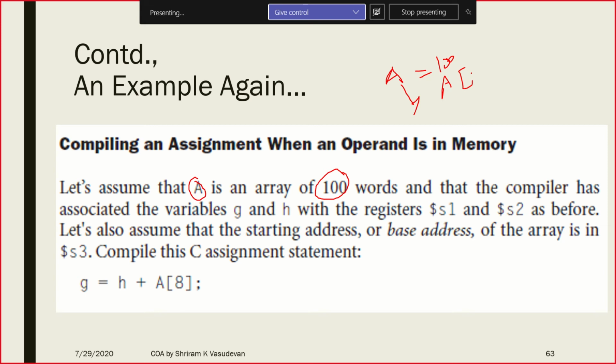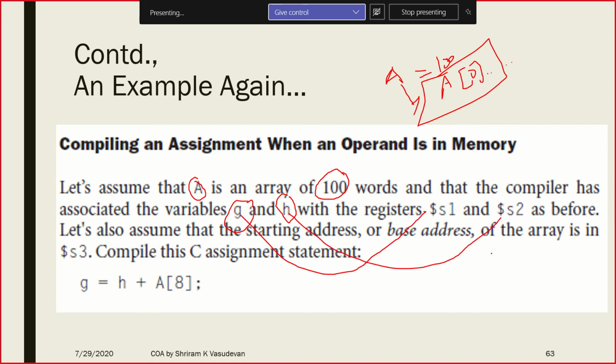It starts with A of 0 and it goes on, and it has got some content in it. Now, please remember, the compiler has associated variables G and H. I have got two other variables called G and H, which are directly connected to S1 and S2.